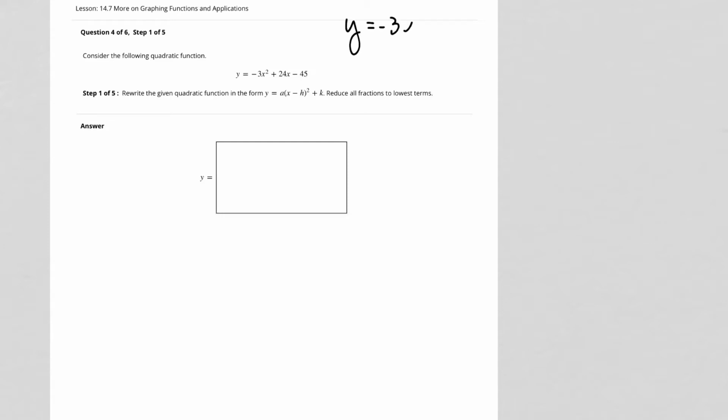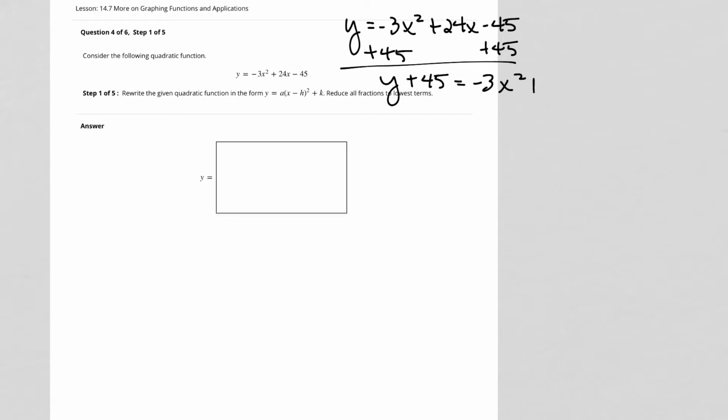Y equals negative 3x squared plus 24x minus 45. We'll start by moving our constant term by adding 45 to both sides. Y plus 45 equals negative 3x squared plus 24x. Remember, we will like our leading coefficient, when we're completing the square, it needs to be 1. So I am going to factor out a negative 3 on the right-hand side, which is going to leave me with x squared